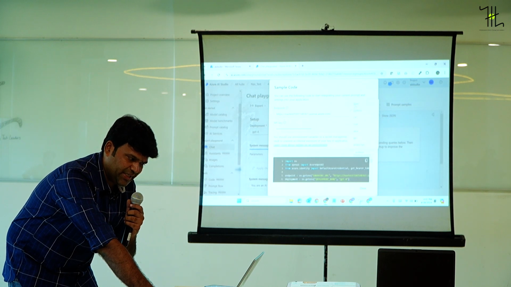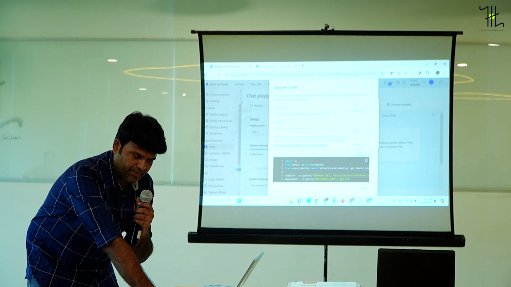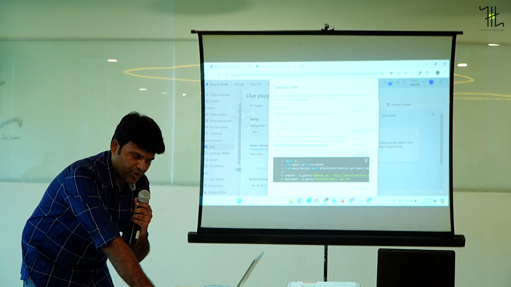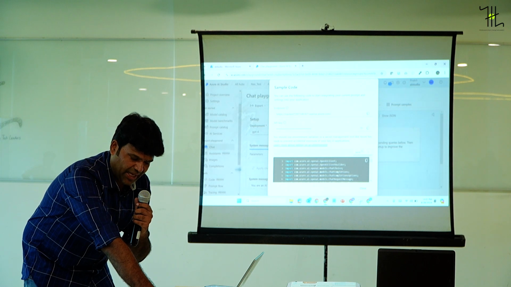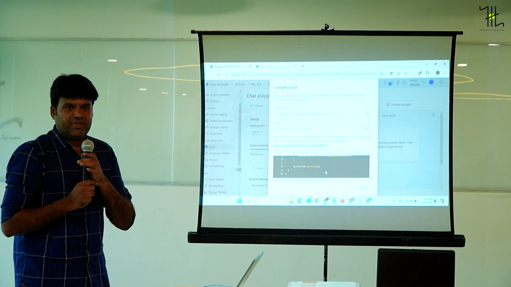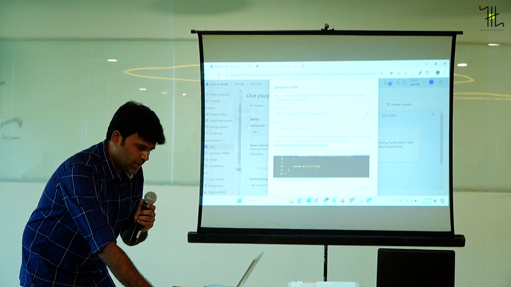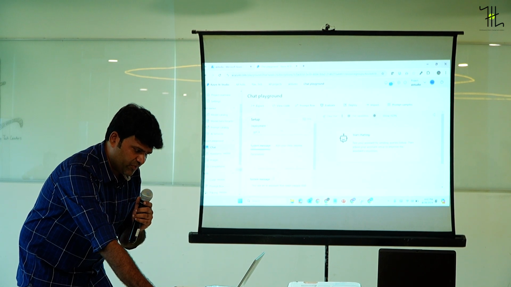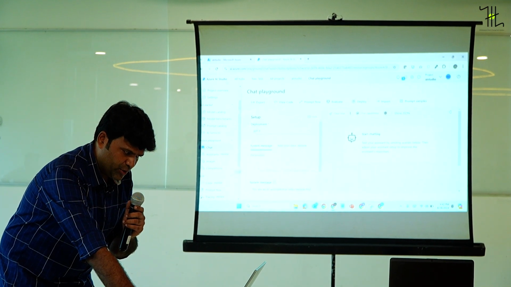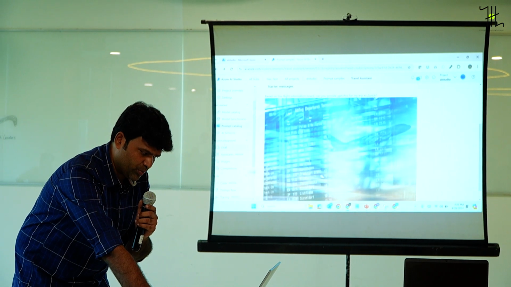For example, it is supporting different languages. Say I'm a C# developer or I'm a Java programmer. So accordingly, you can just choose the language and you can get the code, and you can take this code and integrate it within your application. So this is also another advantage. So in my case, I just went into this different use case and I picked the prompt and I just integrated it in that Jupyter notebook.